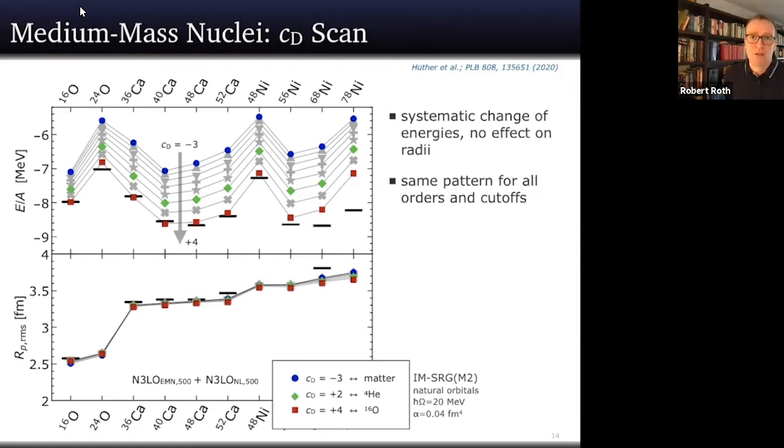This was very surprising when we saw that, because it relates to the question from before. Now we do consistent N2LO plus N2LO, and the radii are correct all the time, irrespective of CD. So why are they suddenly correct? Is this better matching of the orders or something else? And when we saw that, we said, okay, we want to do many-body calculations. We are not interested exclusively in few-body physics. So why not take the liberty to tune this CD parameter once and for all in a many-body system?